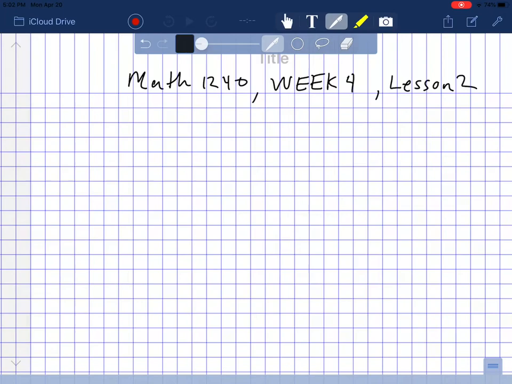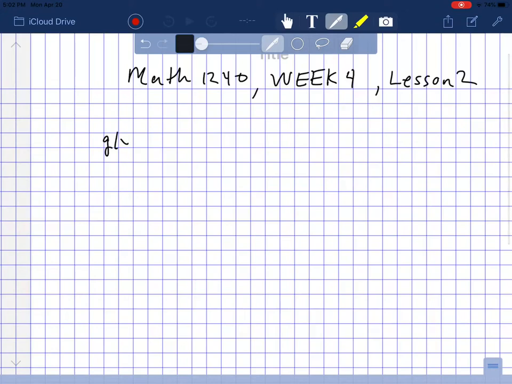Okay, let's continue with our discussion of limits. And the function that I want to look at this time is the following. Let's look at g of x equal to 1 over x squared. All right? Now,